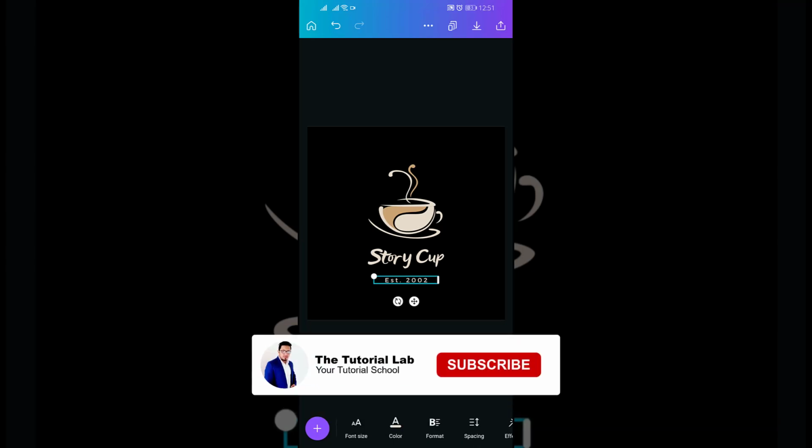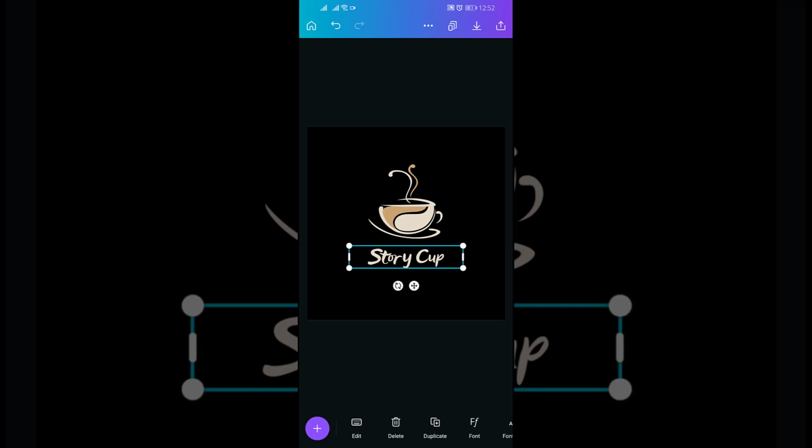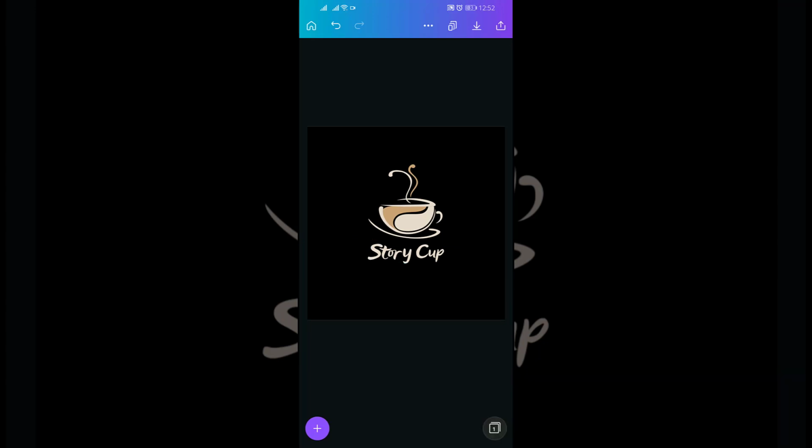Now I don't need this text, so I want to delete this. If you want to change the text position, just tap on the text and move your fingers to set the position. I think this is okay. Now we have almost created our design and it's time to